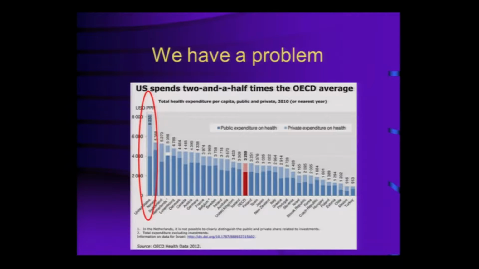We spend a lot of money on healthcare. This is us on the far left. At per capita expenditure in this country of over $8,000 per person, when the median family income is what, about $40,000, $50,000? You do the math, it just doesn't add up very well, and we're way outside of everybody else.